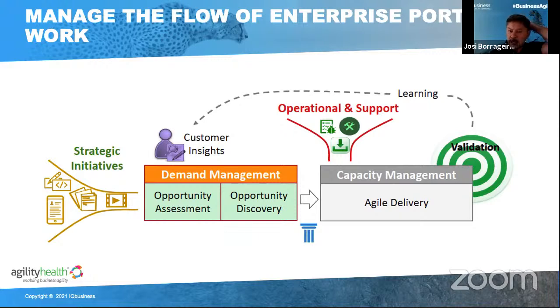And then what you do is, obviously, as you see it flowing through this picture, you take the demand of those strategic initiatives and you blend it with those operational and sustainability issues against the policy which defines how you want to spend your money in terms of new ideas for growth, some great ideas that you want to expand on, or maybe some of the things that you need to do in rectifying technical debt and things like that from more of a BAU perspective. So bringing that into the mix and then making that available for your teams to implement at their next planning boundary,